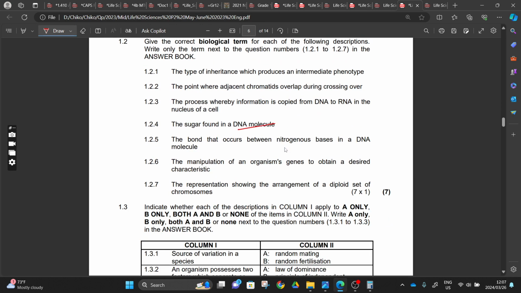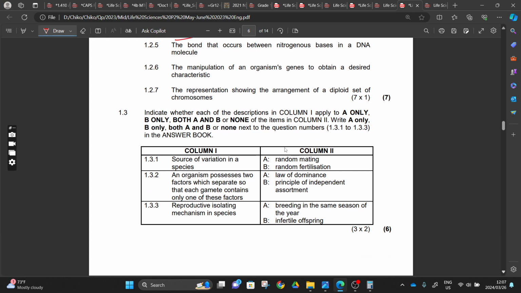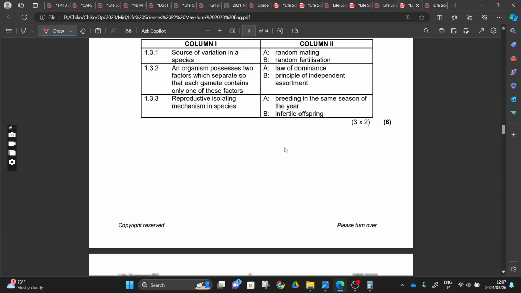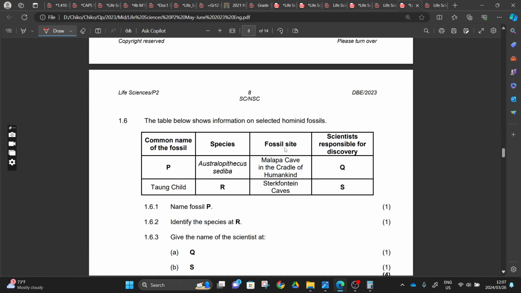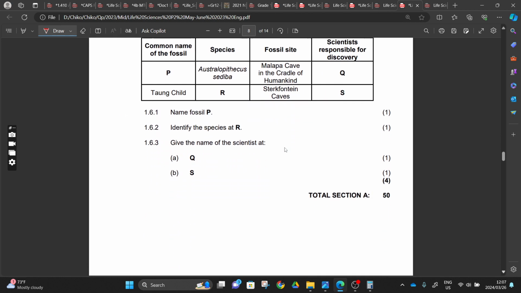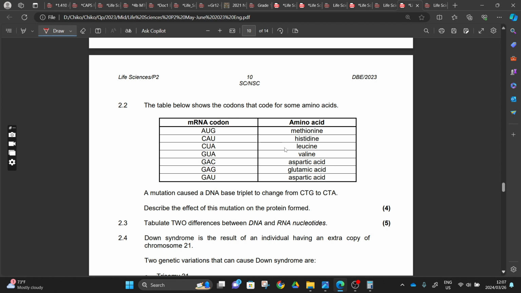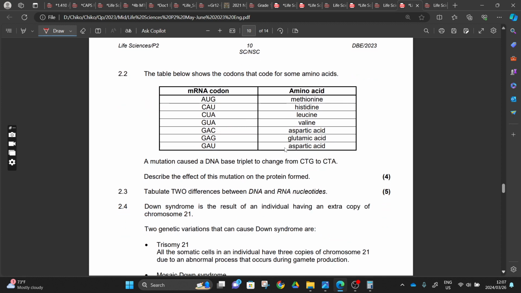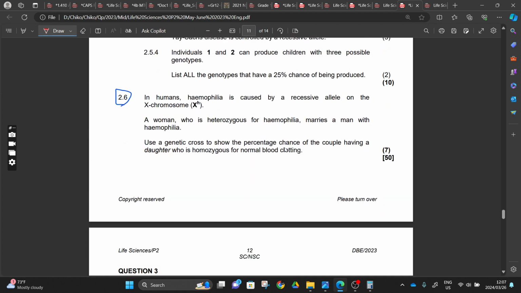The sugar found on a DNA molecule, we are scanning. The sugar found on a DNA molecule, you know, it's phosphate sugar, a deoxyribose. And then we see my meiosis there. This one is 2022 November, 2023 May, 2023 mid-year. Then tRNA, our time is up. The alarm is ringing. Then mRNA codon, and then because I love you guys so much, I'll also include 2.6 or previous question paper,